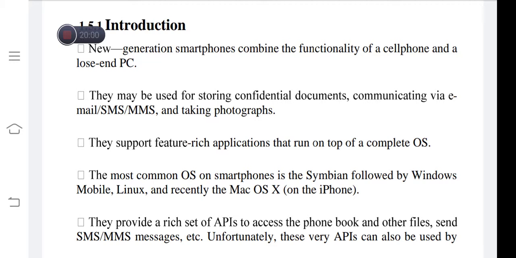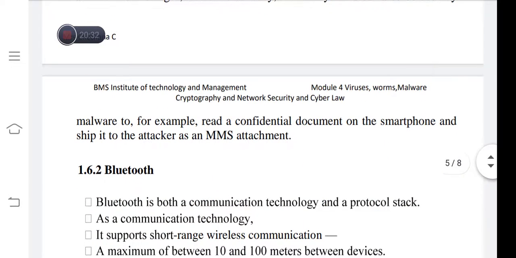These operating systems provide a rich set of APIs to access the phone book and other files, and to send SMS, MMS, etc. Unfortunately, these APIs can also be used by malware, for example to read a confidential document on the smartphone and ship it to the attacker as an MMS attachment.